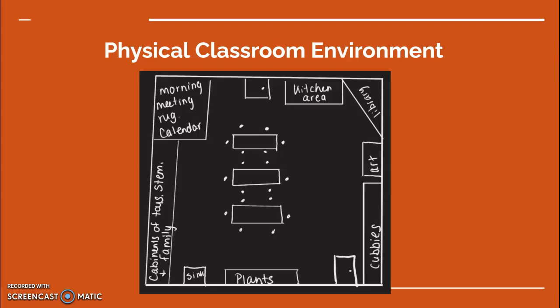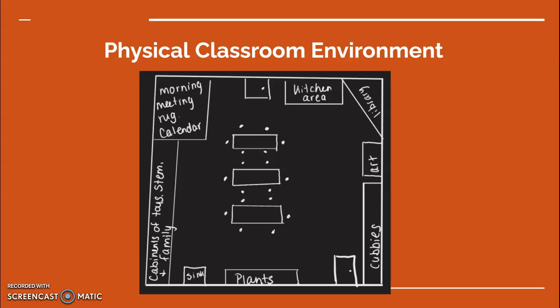Right here is the front door with all of our cubbies. There's an art area that has various art activities. Our library, the kitchen area with like 2 stoves. There are 2 giant windows right here and above the kitchen area. Our morning meeting rug and our calendar, and we have a whiteboard, and then there's a computer that's in this